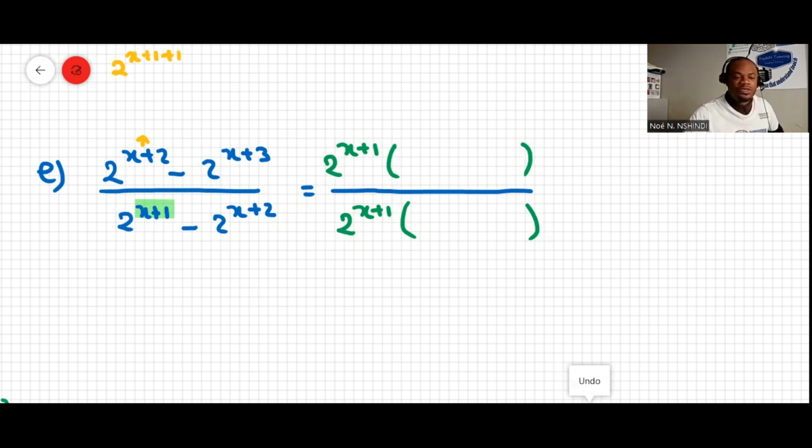Now it can be reduced as 2 to the x plus 1 times 2 to the 1. Same also as here: this is 2 to the x plus 1 plus 2, which can be written as 2 to the x plus 1 times 2. So in the brackets here, it's going to be 2 to the power of 1, which is just 2,